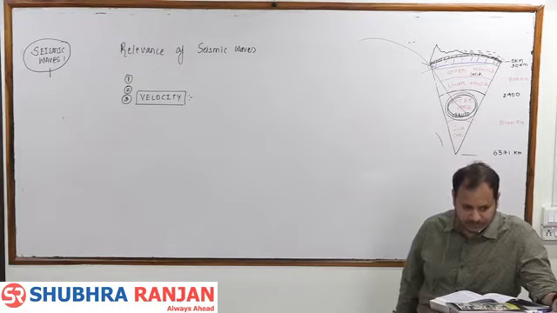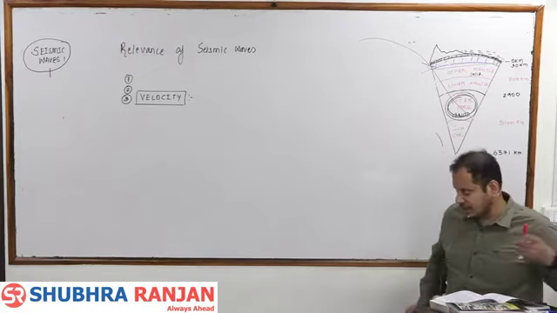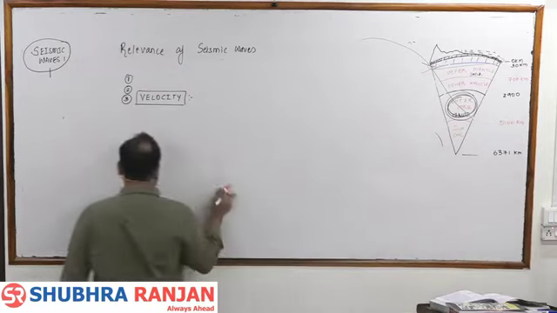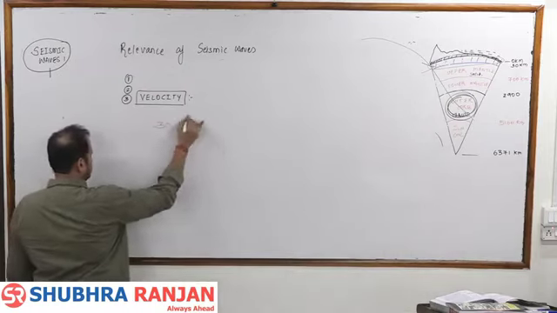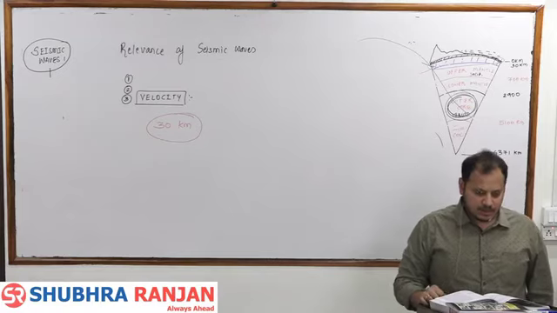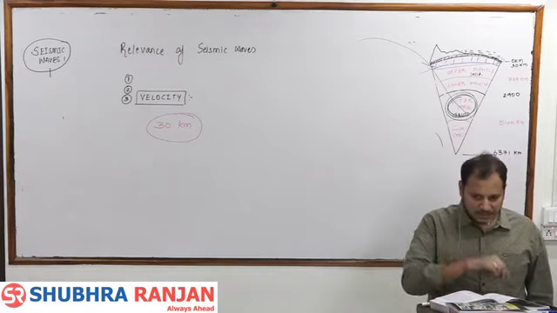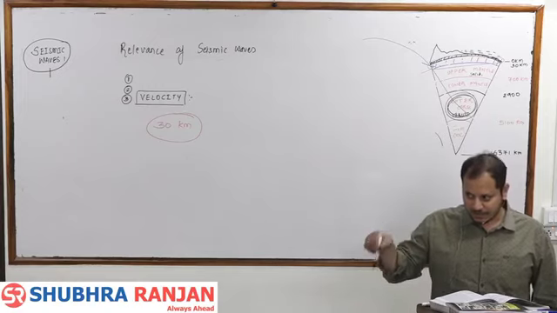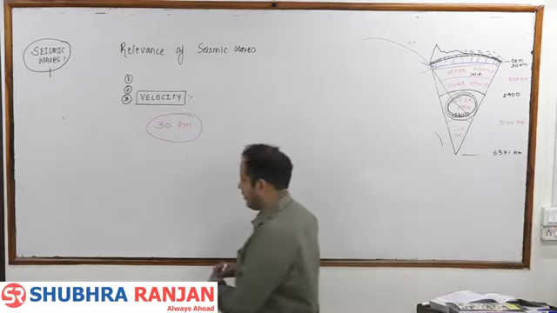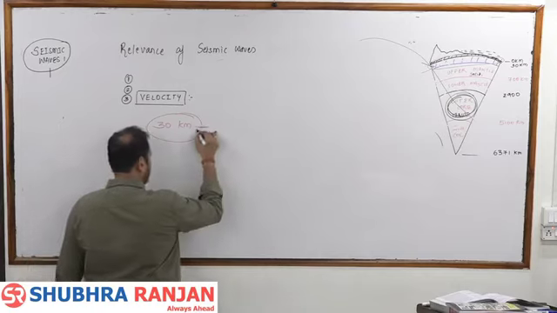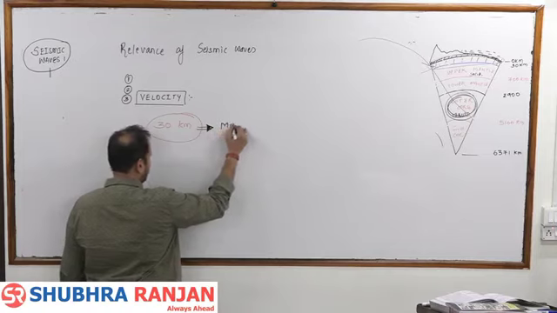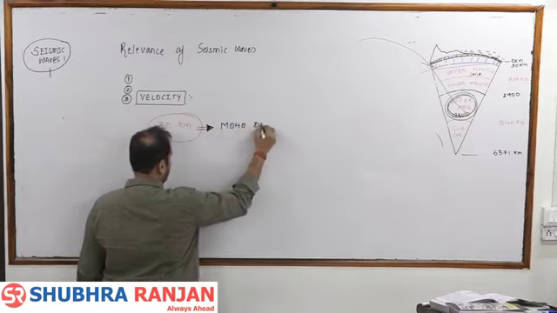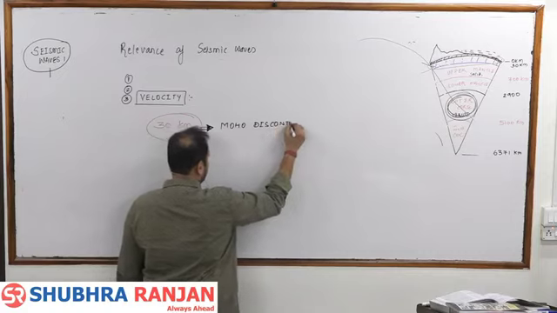The sudden change in the velocity is experienced at 30 kilometers, where? Below. At 30 kilometers, which is known as Moho discontinuity,